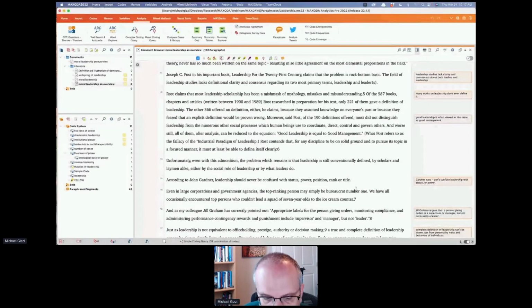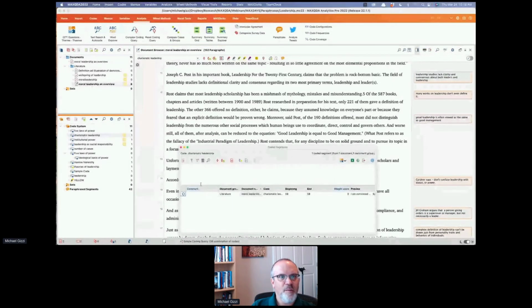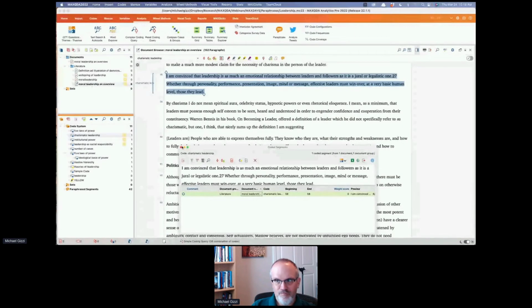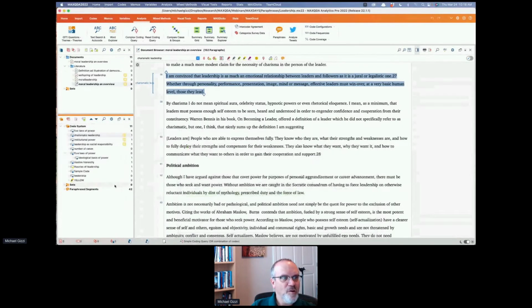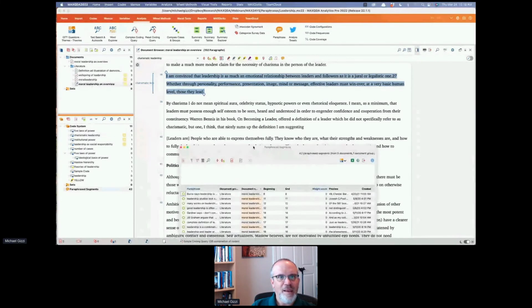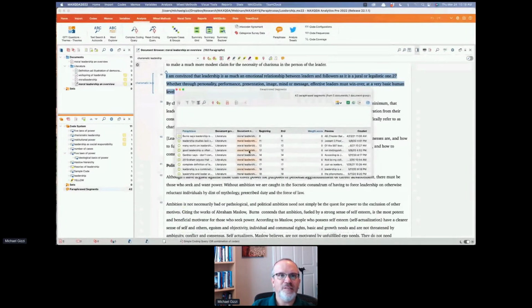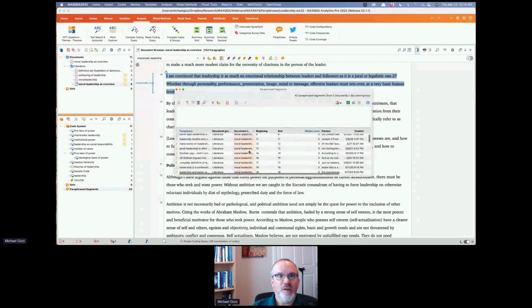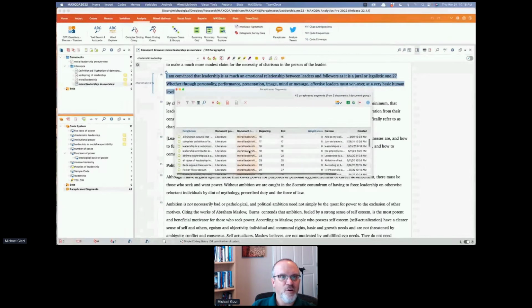There's another way, and that's to go to the code system, which is right here. And you'll notice because there are paraphrases in this project, there are 42. There is something called paraphrase segments. Just like coded segments, if you saw a coded segment on charismatic leadership and double-clicked it, it would bring up the retrieved segments, right? Well, double-click paraphrase segments, and now you have 42 paraphrase segments from 3 documents and 1 document group. And you can click on each of those, see the segment,